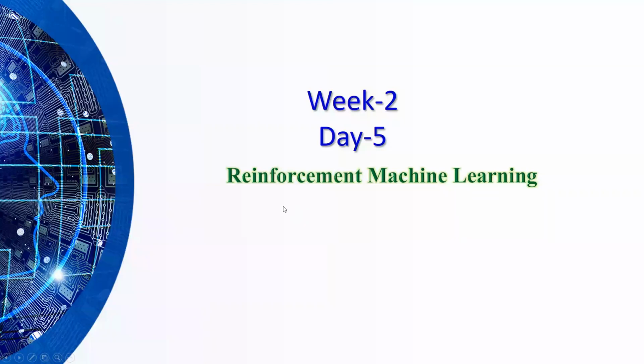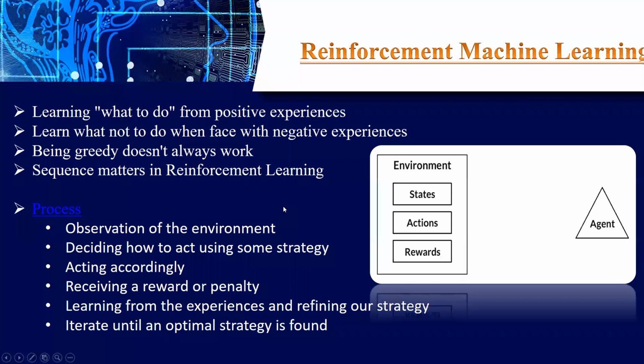As I discussed earlier, if data is available and labeling is possible, then supervised is the best one. If data is available but labeling is not possible, then unsupervised. But in some cases, the environment is unknown, or a statistical model is not available, or the prior data is not available unless we interact with the real-time environment. I already explained this, right? Having prior data is completely different from getting data from the environment.